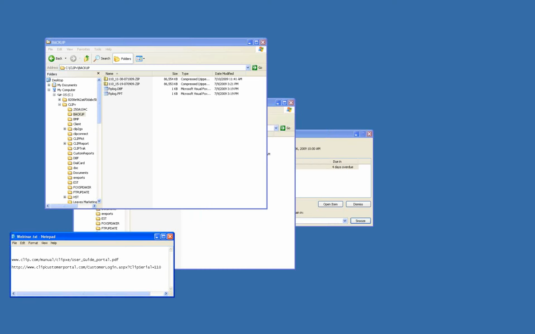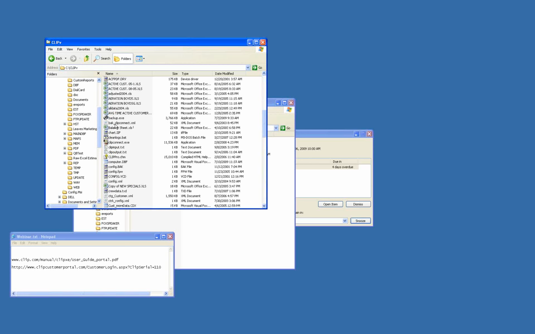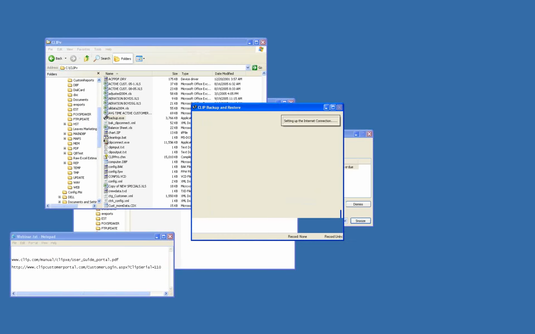We hit OK, and we exit. We created the backup, and here it is. Okay, now the next question would be, how do we restore that? Well, you can go into Clip and then hit backup if you want to from there, or you can just come in here and hit this backup exe file right here. Either way will work. You agree to the terms, it goes out,